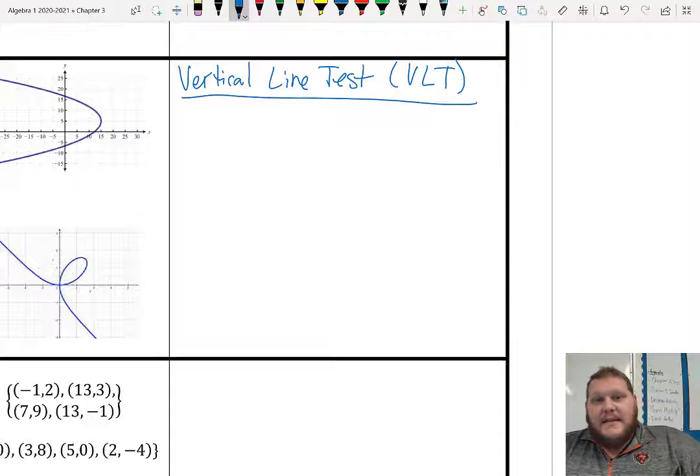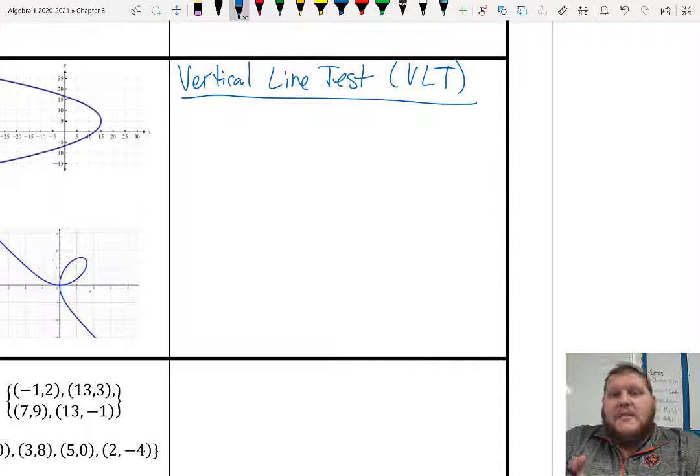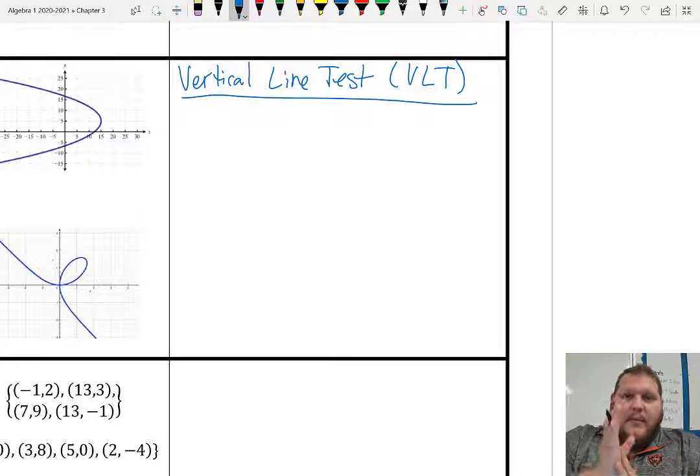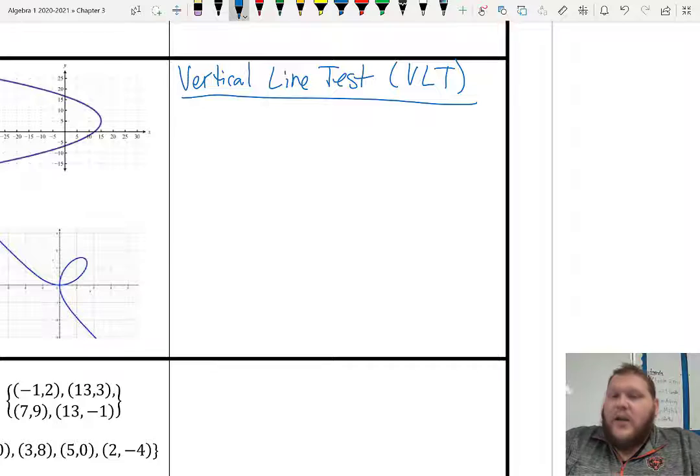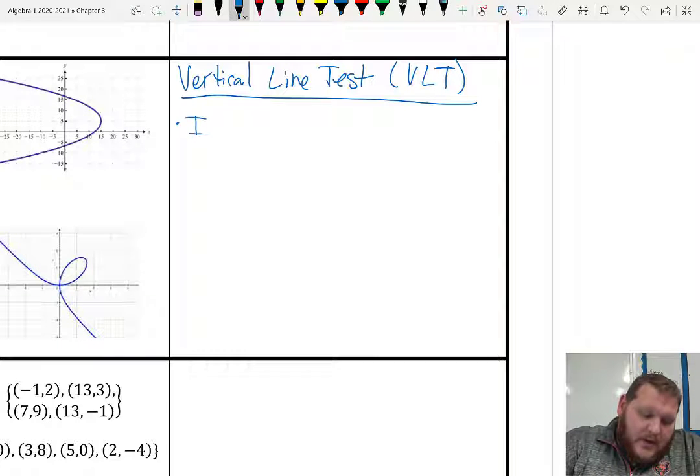Now, vertical line test, because on a graph we know our left and right coordinates are our x values, our up and down coordinates are our y values. So if I'm looking for two of the same x values, that means they're both going to have the same horizontal position, meaning if I draw a vertical line, those two points have the same x value. So what I'm looking for is examples where that wouldn't be the case. If I have two of the same x value that have different y values, that would mean,